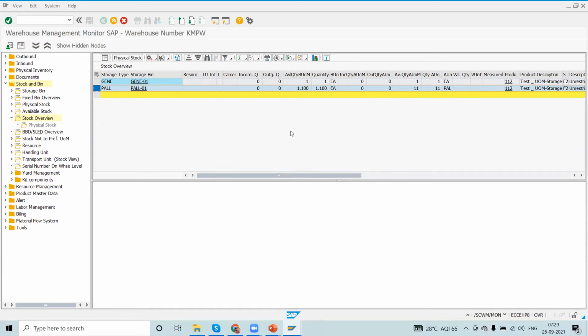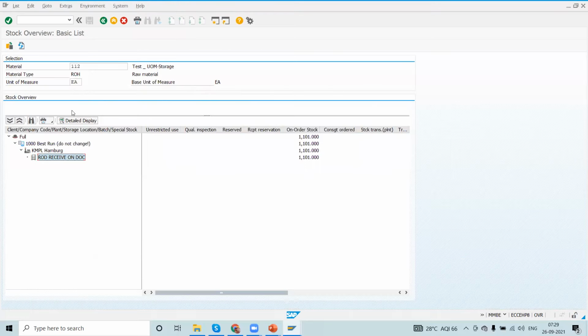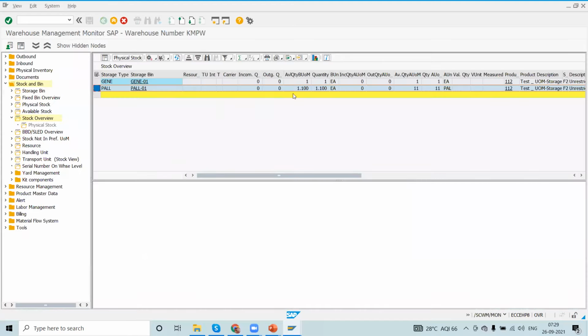But if you see in MMBE, the stock will be showing as ROD only. Stock is showing in unrestricted use, but the system is not showing where exactly this 1101 stock was.